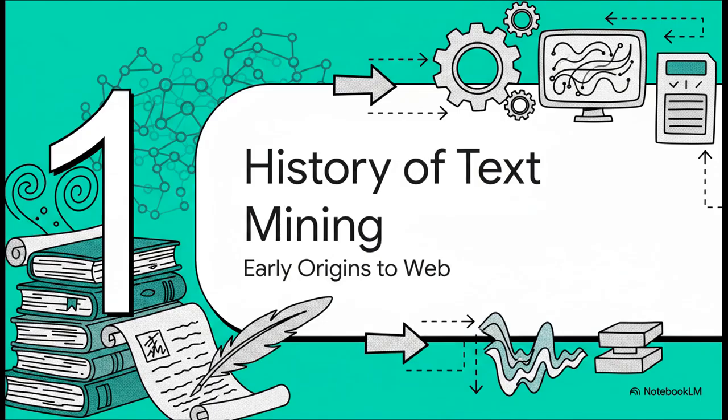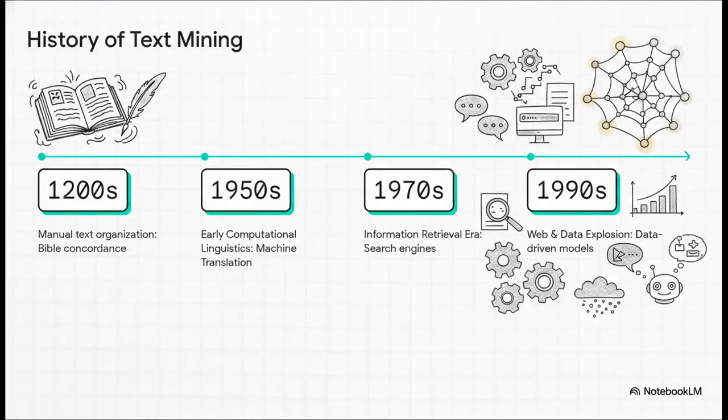History of Text Mining. Before we can really grasp how modern algorithms process human language, we have to look back at how we've tried to organize text over the centuries. It didn't start with computers. It actually started way back in the 1200s with manual origins, monks literally spending lifetimes manually creating concordances for the Bible. Fast forward through a few early mechanical eras, making up 6 distinct eras in total, to the 1950s, and